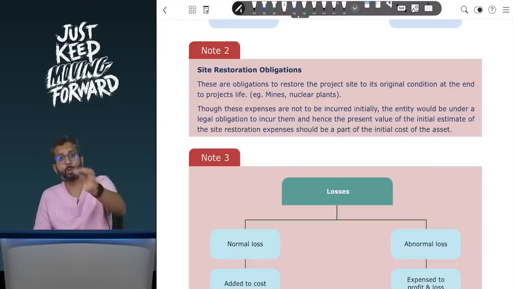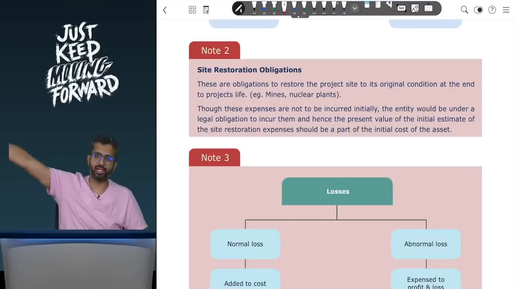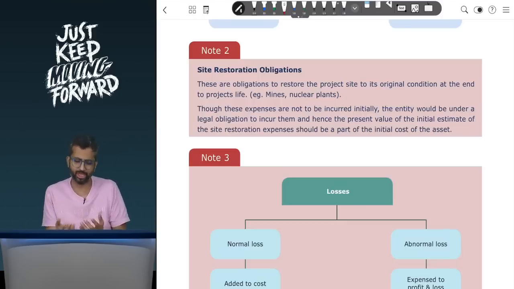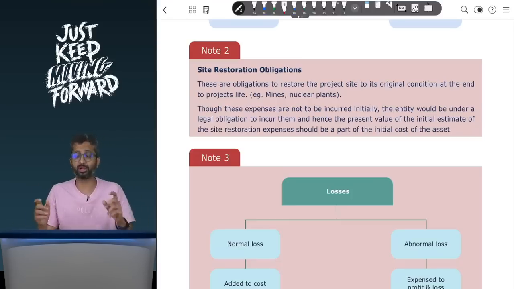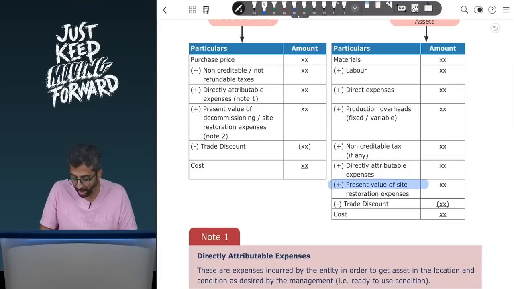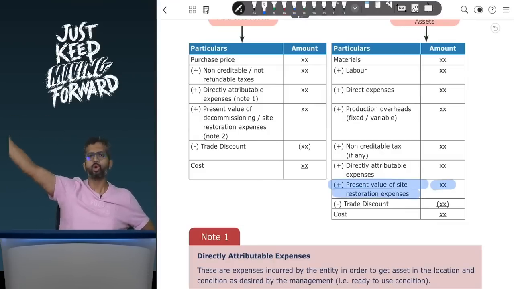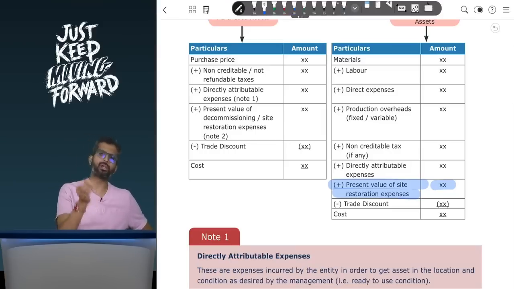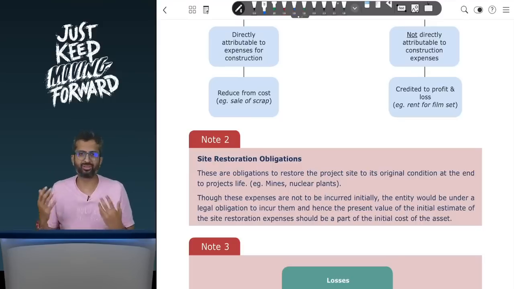So the standard says the obligation to dismantle arises the moment you construct the asset. You will discharge the obligation later at the end, but the birth of the obligation is because you decided to construct the asset, you have no option but to dismantle it, and hence in your initial cost, apart from all of these standard things, you will also add the present value of site restoration obligation. So if you believe that 50 rupees will be spent after 10 years, whose present value today is 20 rupees, you will record, apart from these regular costs, asset account debit another 20 to a provision for site restoration another 20. How that provision for site restoration changes is generally not there in your CA Inter syllabus,